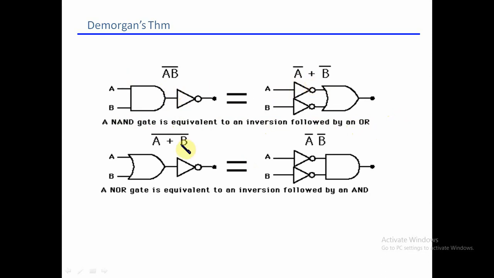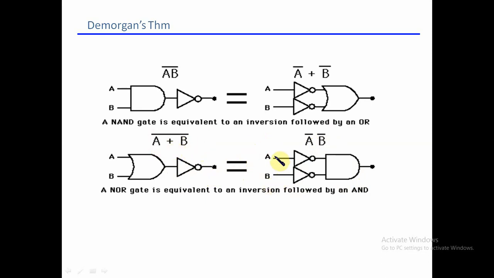The second De Morgan theorem: here we take ORing. A and B are the inputs given to the OR gate, and (A plus B) whole bar is equal, by the second De Morgan theorem, to A bar into B bar. Means ORing is converted to ANDing. A plus B whole bar is connected with a NOT gate, hence we get (A plus B) bar,